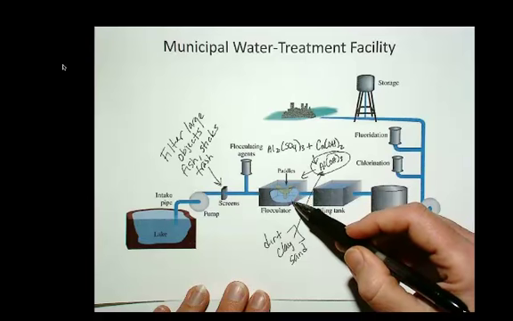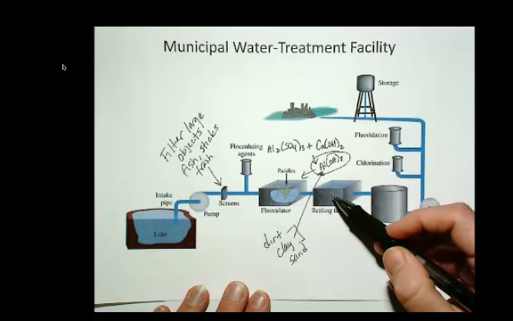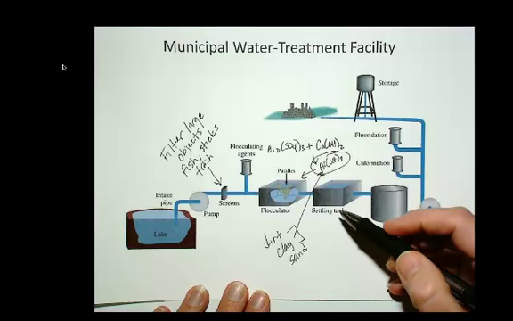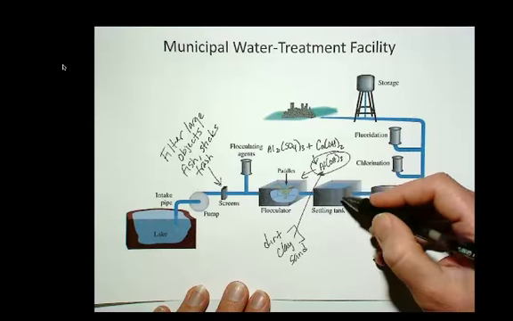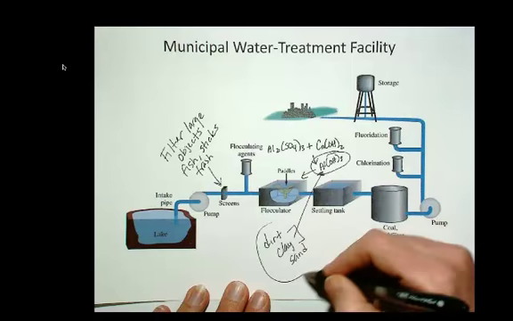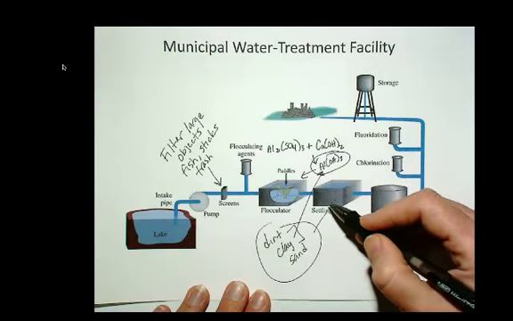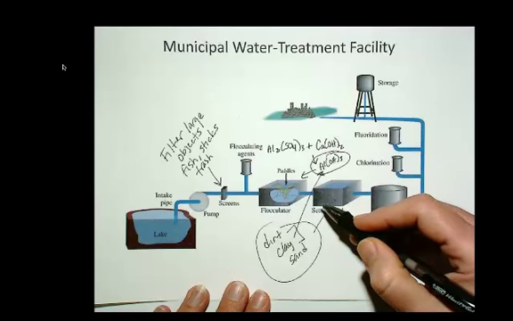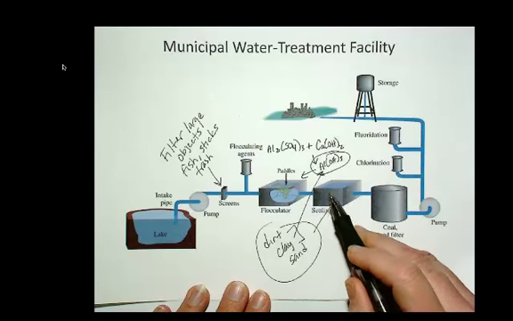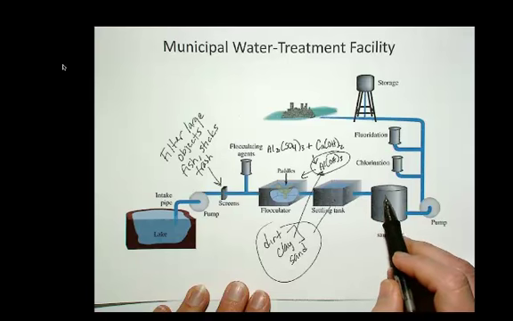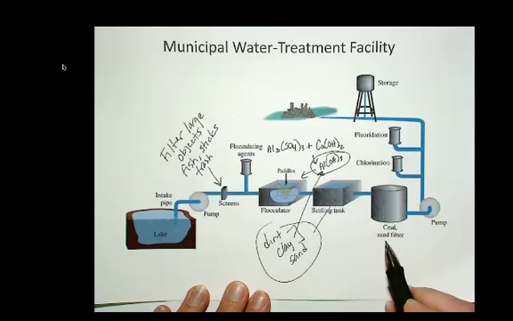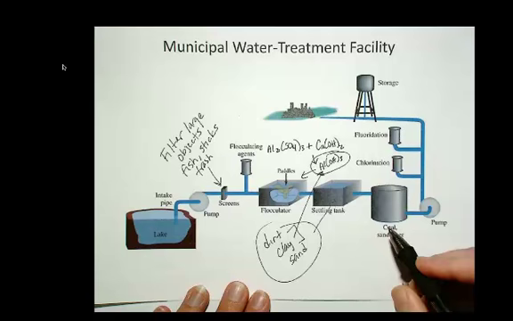grow bigger and bigger, and then they are pumped into the next tank, which is the settling tank, and then the dirt and the clay and the sand and whatnot settle out, stuck to this gel, and form this sludge on the bottom of the settling tank. And then the water on the top is pumped further on through another filter, which is a coal and sand